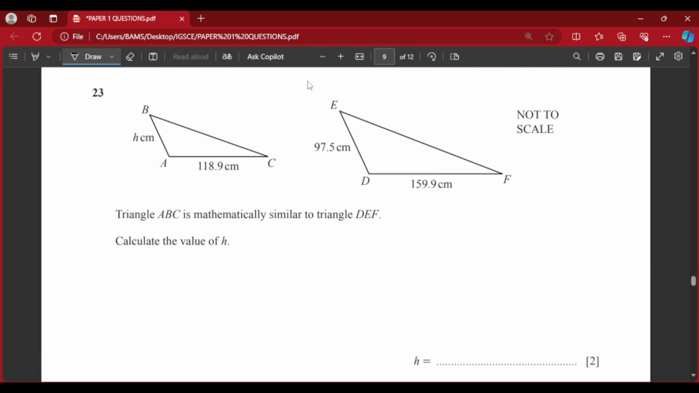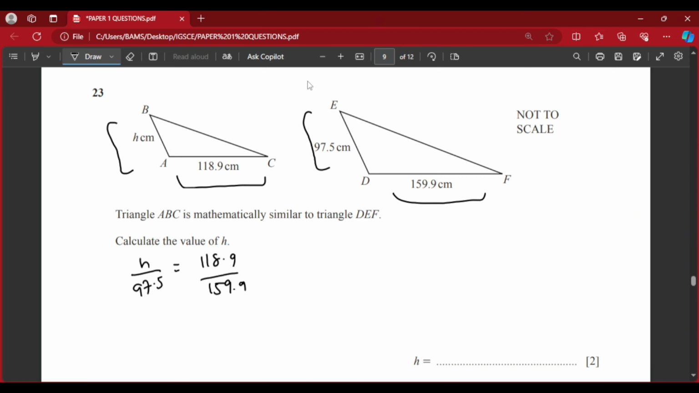So if I want to calculate the value of h in this question 23, similar triangles is just saying that the ratio of BA to ED is equal to the ratio of this to this. So it's just like saying the ratio of h to 97.5 is equal to the ratio of 118.9 over 159.9. Then just find the value of h. That's all. If I cross multiply, I would have h is equal to 118.9 times 97.5 over